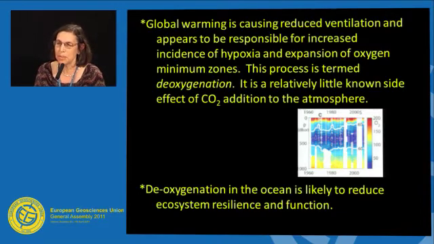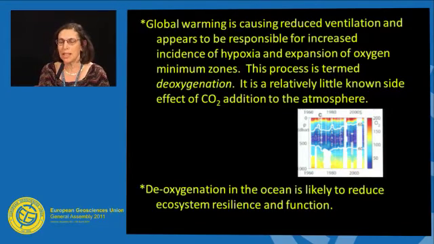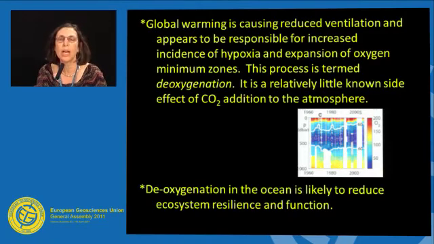And I'll show you some experimental results now that help us understand that deoxygenation in the ocean is likely to reduce ecosystem resilience. And I guess what I forgot to mention on the previous slide is that understanding human impacts and proper stewardship of our continental margins require that we know something about the resilience and response of these ecosystems